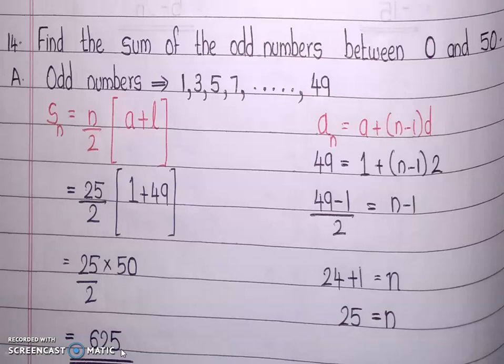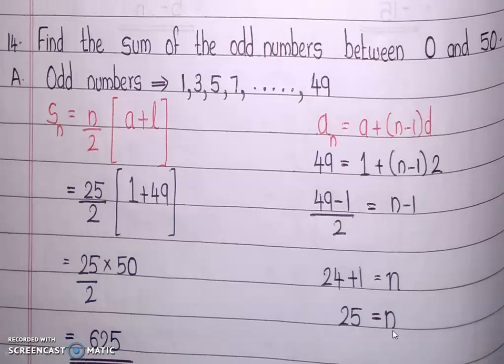Students, let me tell you one important note here. You have a particular formula to find the sum of the first n odd numbers. The important words there are first n odd numbers. Here you are asked to find the sum of the first n odd numbers. What is the value of n? 25. So you have a formula that the sum of first n odd numbers is equal to n square, that is, square of n.